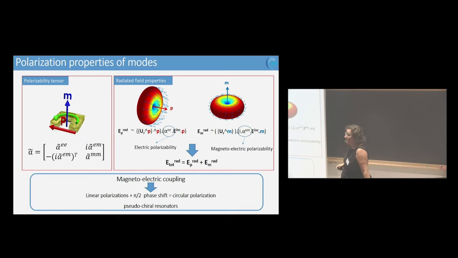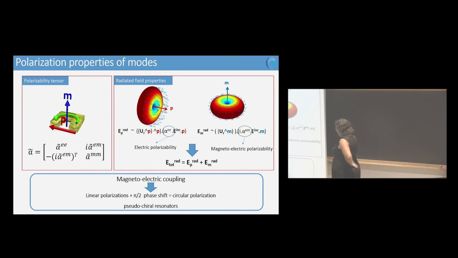This is like this. And you can see that if P is like this and M is like this, you can have interferences between the field, which is mainly in the direction of the P, and the field of the M, as far from here and here. So you can discuss the interferences that you have.